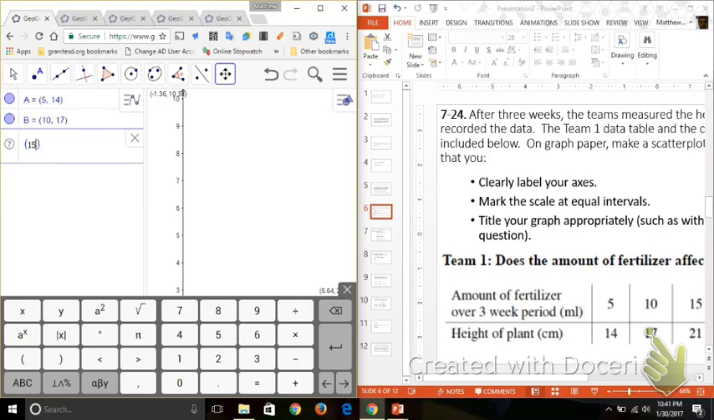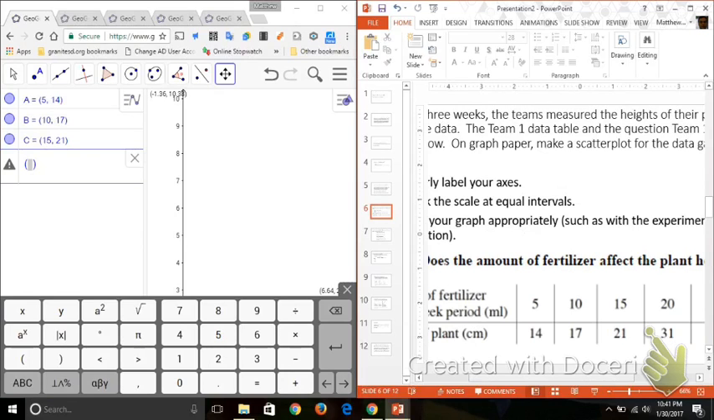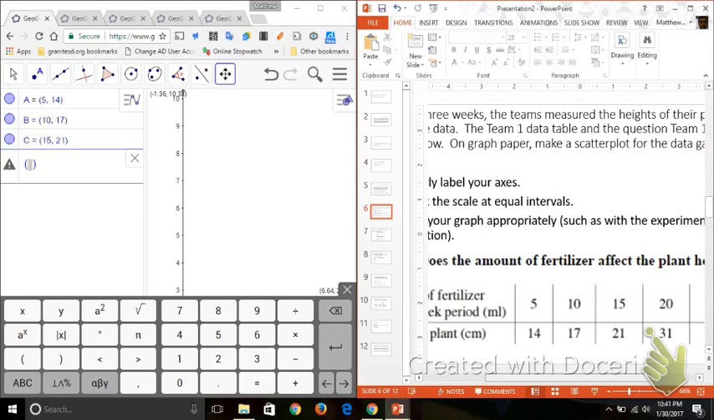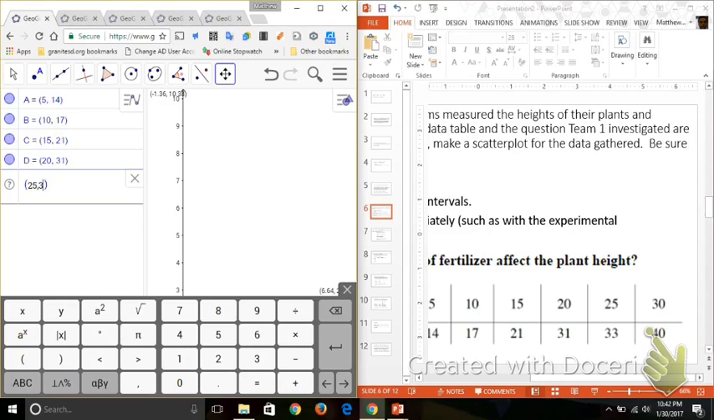15, 21. I start each of these by just pressing the parentheses button. And now we have 20, 31. Make sure you're typing all that out. Parentheses, 25, 33, enter. Parentheses, 30, 40, enter. Alright, so now that I've put all those things in,